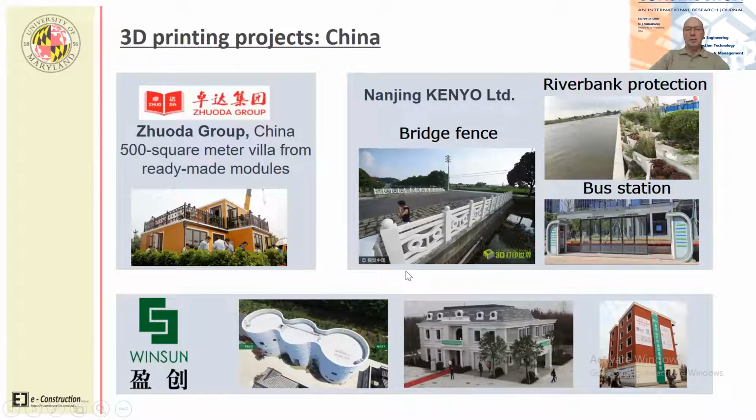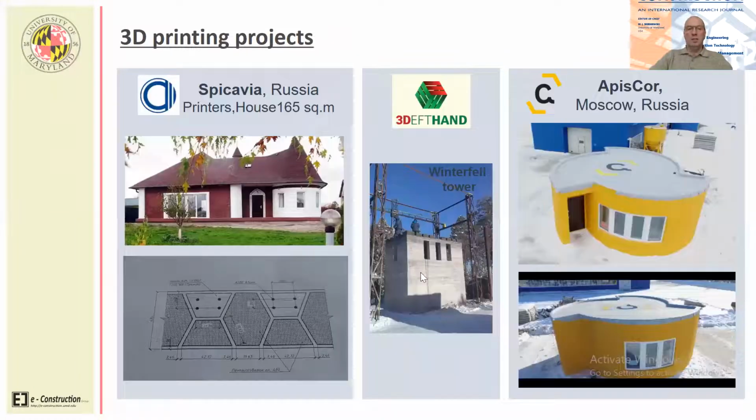In China, of course, there is a lot of developments related to 3D printing in construction. Winsoon is one of the companies that is very popular on the internet. You can find a lot of solutions proposed by Winsoon. I think they're based in Shanghai and Shenzhen, and delivering villas and multi-story buildings, not very tall buildings yet, but also contracting with Dubai municipal government for a bus station, building deliveries,